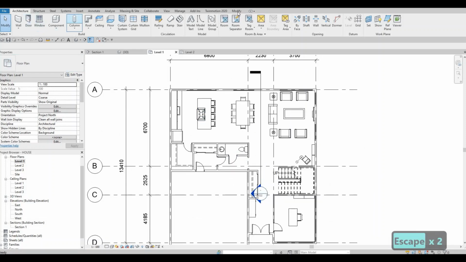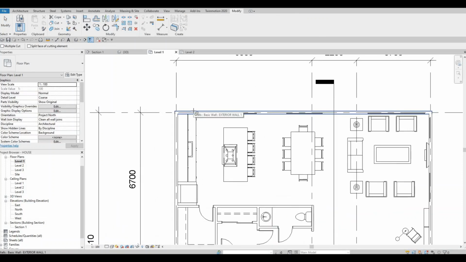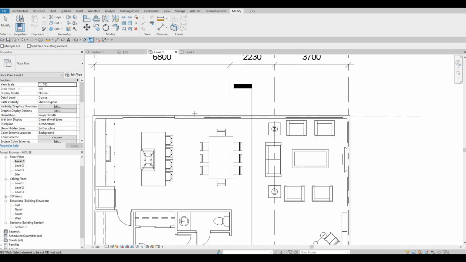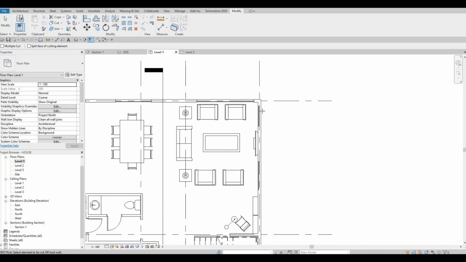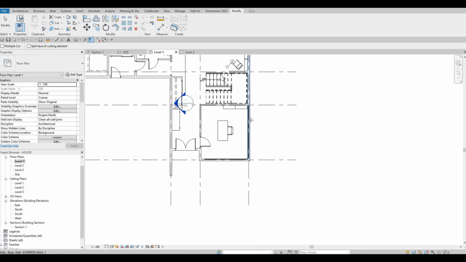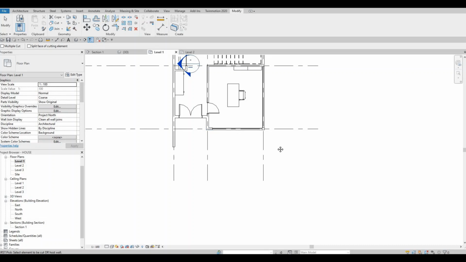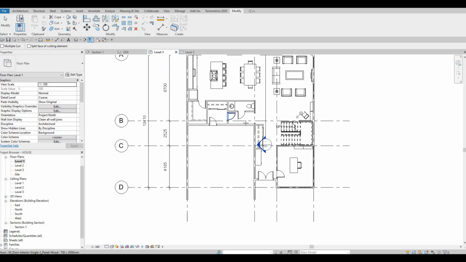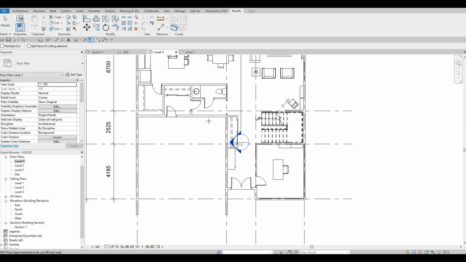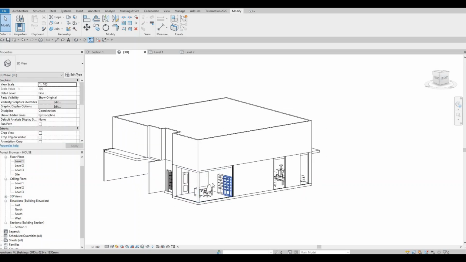So I'm gonna click on modify and click cut geometry. We'll need to select the window first and then the curtain wall. We need to do that to all the places that we added a curtain wall. So we add it there. And then now what we could do is go to our 3D